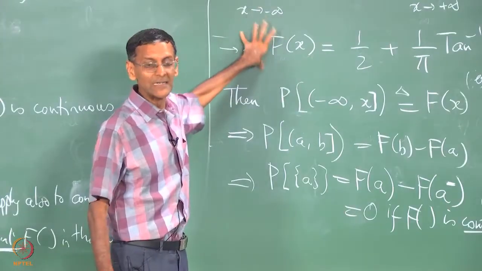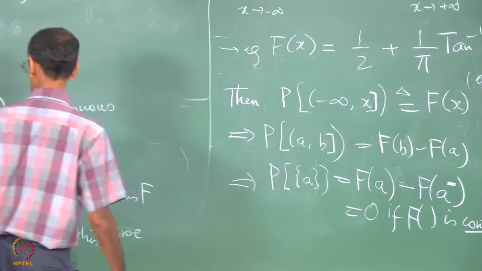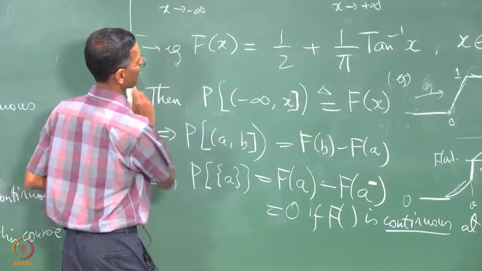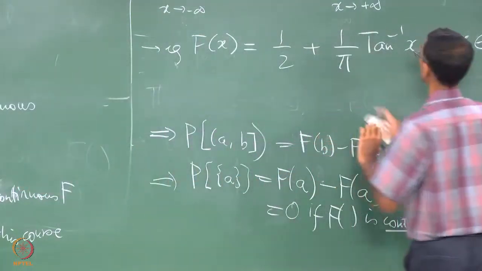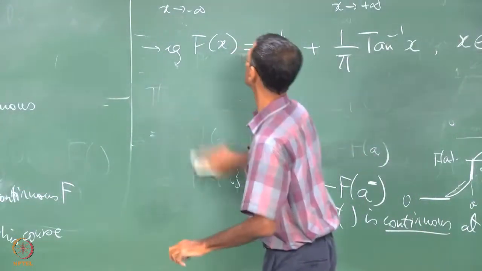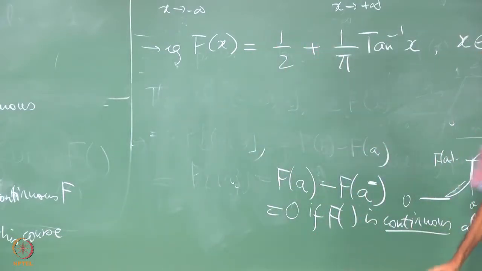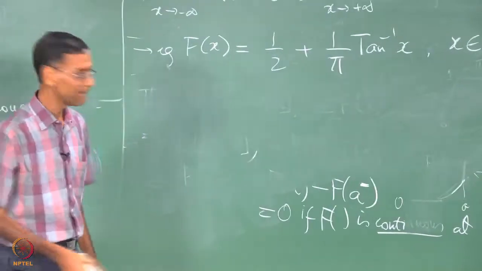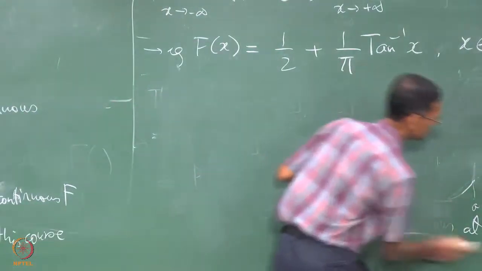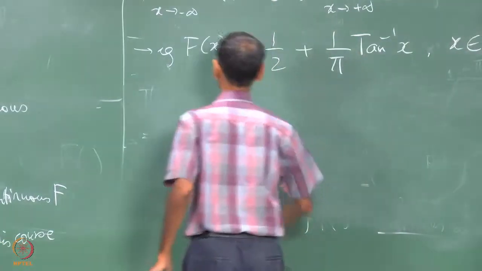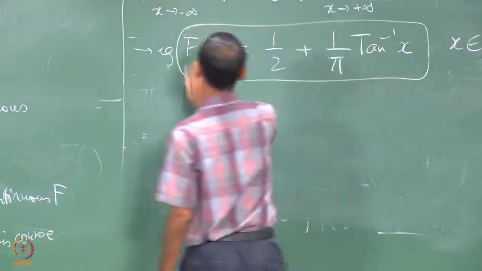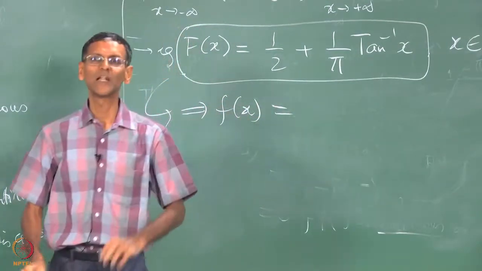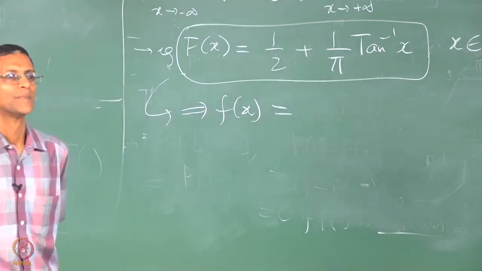This is a perfectly smooth differentiable function. So for this capital F, what is the small f? What is the small f here? What is it? Please tell me. So starting with this capital F, we get small f is what? You going to tell me? 1 by pi